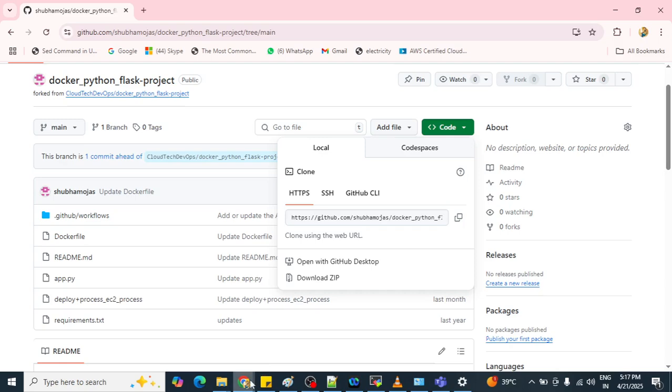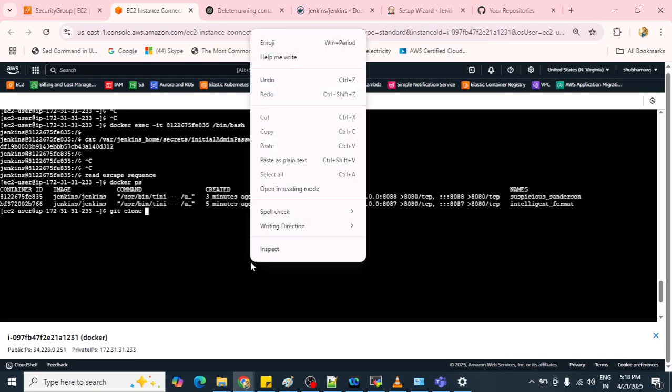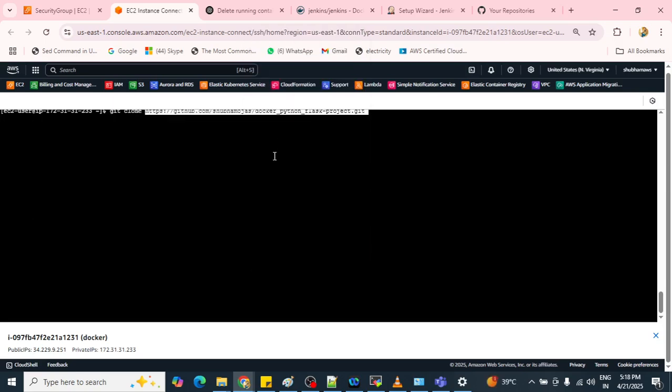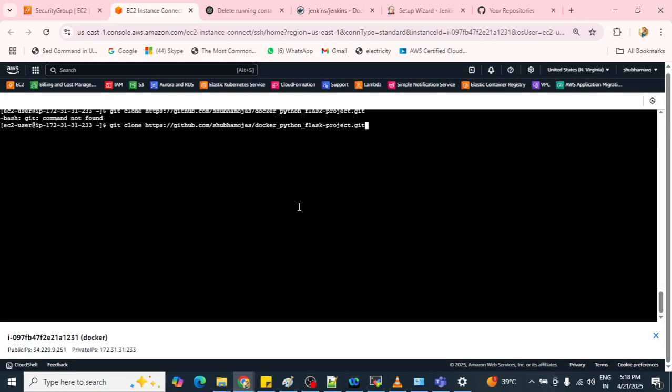How are we going to clone it? Using the git clone command. Paste it. Okay, so you need to install git also. Git is not installed, so we need to install git.